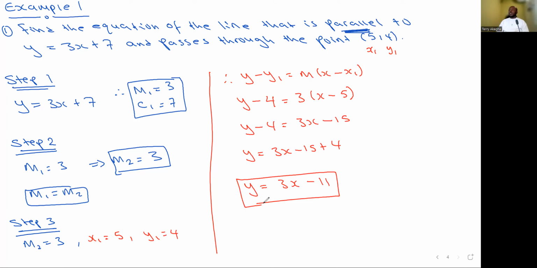Are you seeing it? So this is the second line, and this is the first line. Are you seeing it? This was the first line that they gave to us, and this one is the second line. Now, if you want to check,